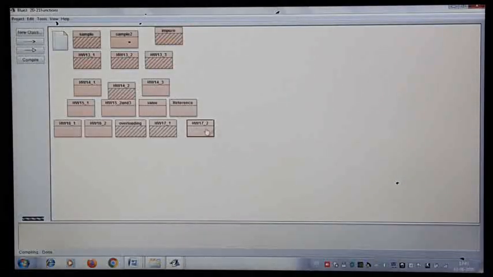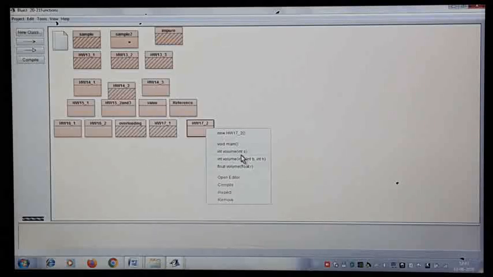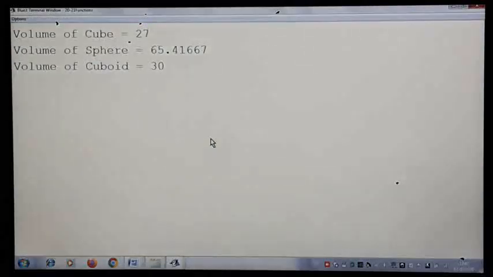Homework 17, second question. As I said, for a static method there is no need to create an object. Here only you can see. As I told you, the main method will take care of calling all the other methods. Just click on main, you will get the answer. This is the order you are getting. So this is how you can write the overloaded method.